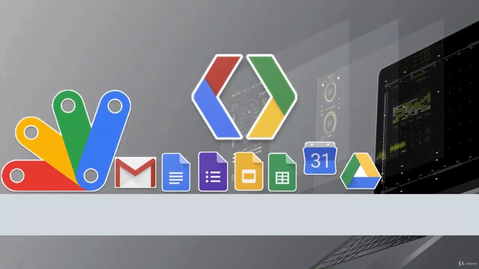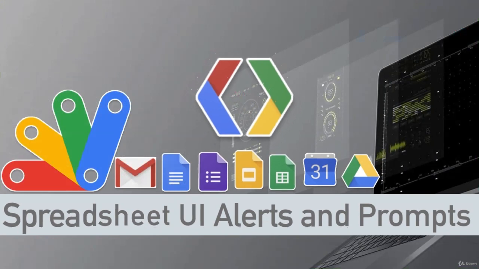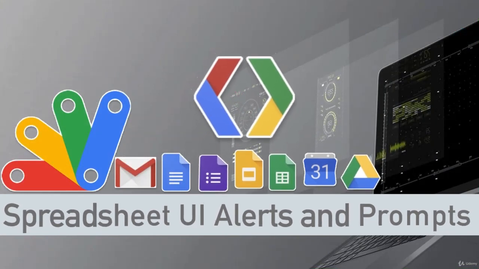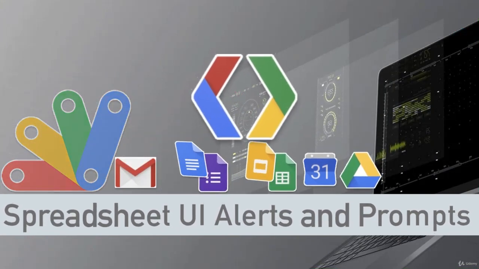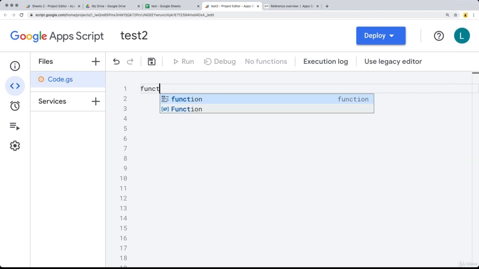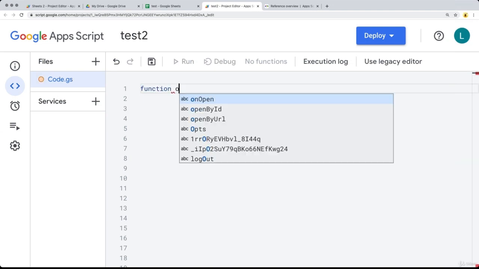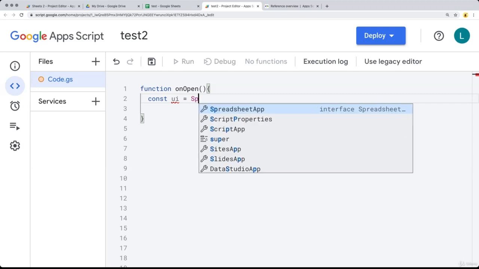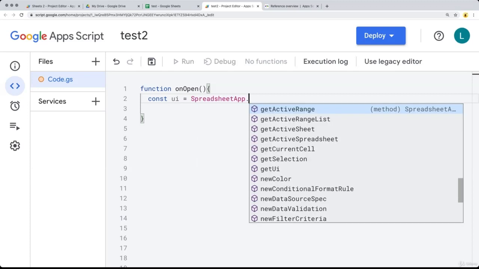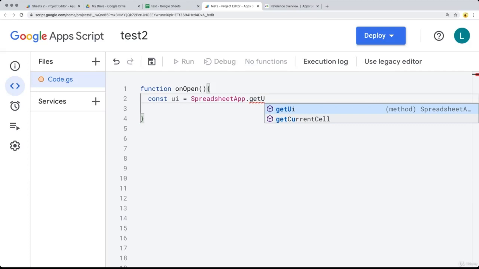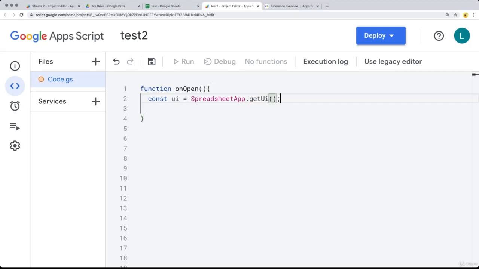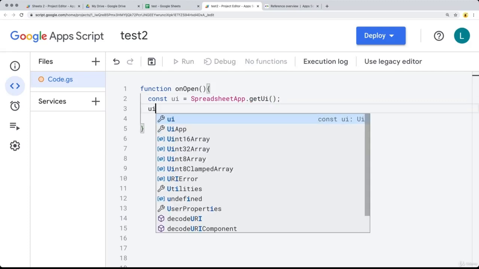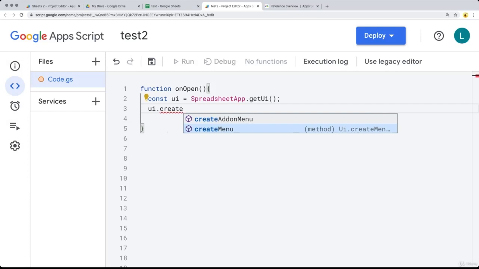In this lesson, we're going to have a pop-up alert. So again, with the UIs, where we're able to open up and add to the UI and create an alert. So we need a way to trigger the alert, and we're going to do that with the onOpen function and select the UI. So within the UI object, using the SpreadsheetApp getUi, so getting the UI object, and then from the UI object, using the createMenu,